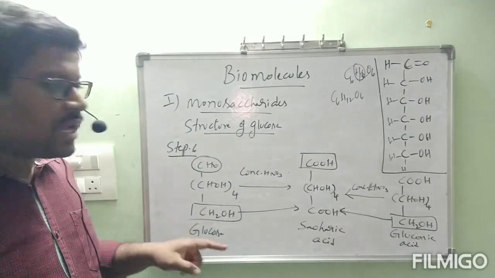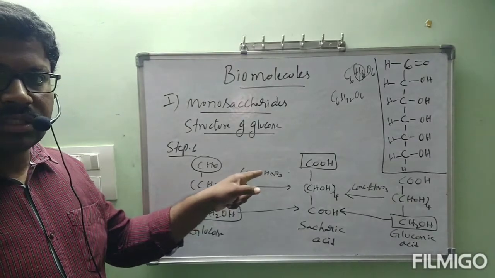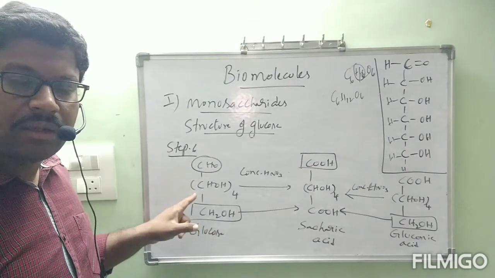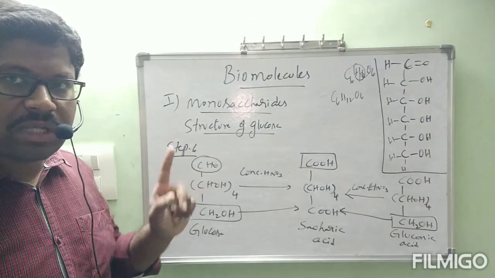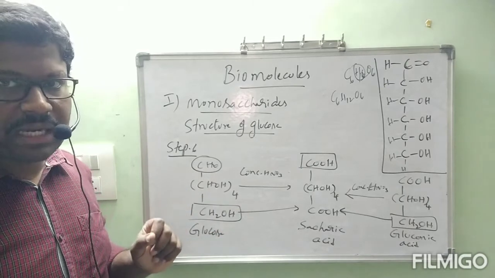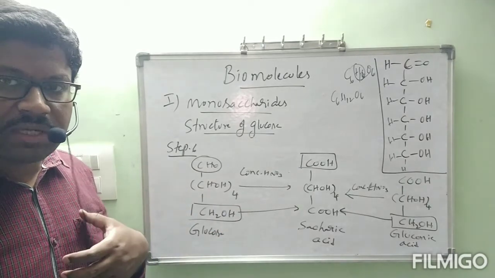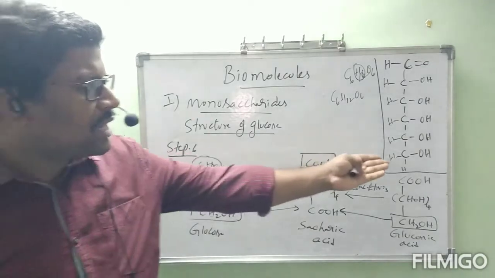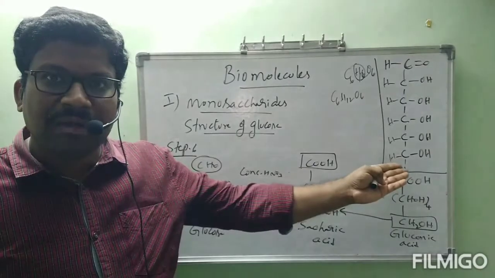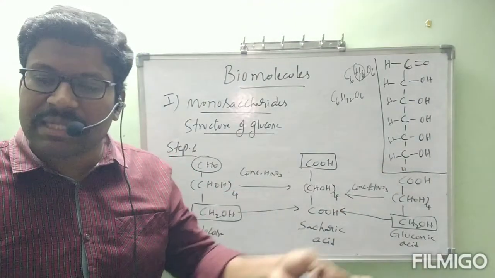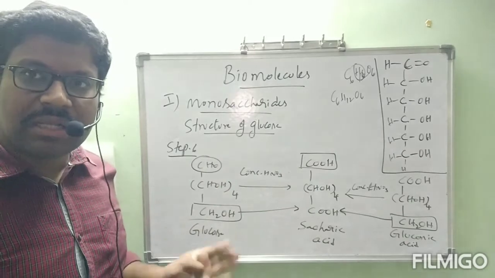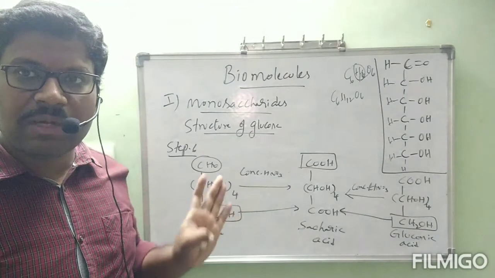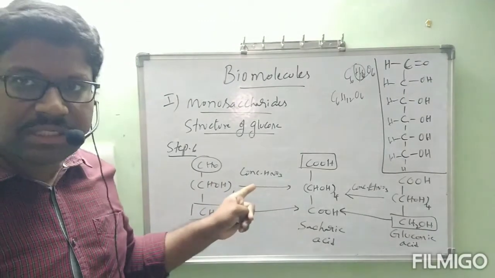Sir, why have we used concentrated HNO3 here? Concentrated HNO3 won't disturb secondary alcohol. If you use alkaline KMnO4 or K2Cr2O7, they will disturb secondary alcohols also. But we want to get information on whether glucose contains primary alcohol or not. Actually, we understood already. We wrote the last carbon OH, this is primary alcohol only. We want to confirm that by using one separate reaction. That's why concentrated HNO3 won't disturb secondary alcohols. It will disturb only primary. That's why we used the reagent concentrated HNO3.